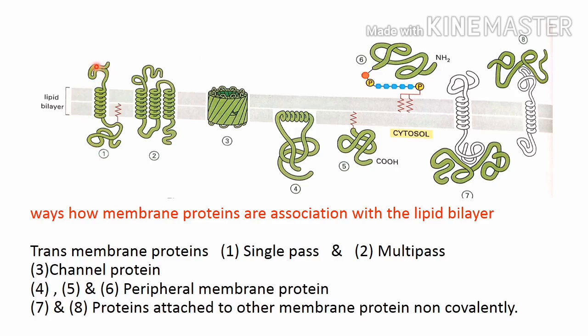This protein has a single pass. It crosses the plasma membrane only one time, so it is called a single pass transmembrane protein, whereas protein number 2 passes through the membrane more than once, and hence it is called